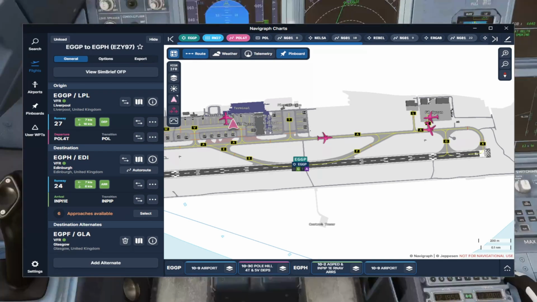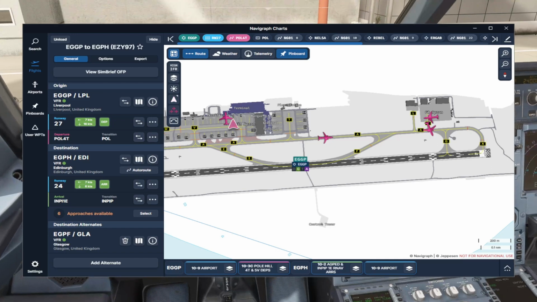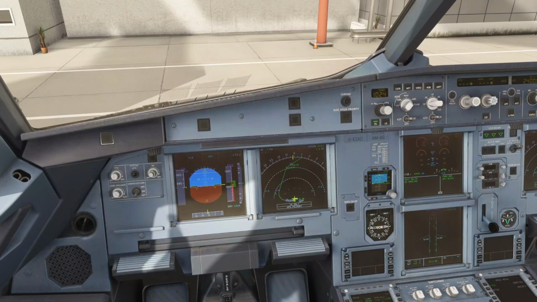That's 55, I can continue taxi. So that is our clearance. Hold at Alpha 1 after. But I can continue taxi, but I've just realised you couldn't see any of that, so what I've just